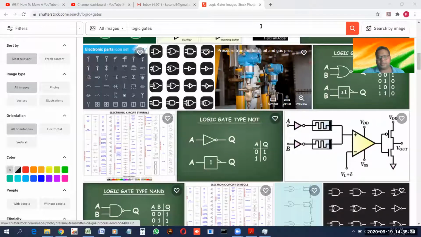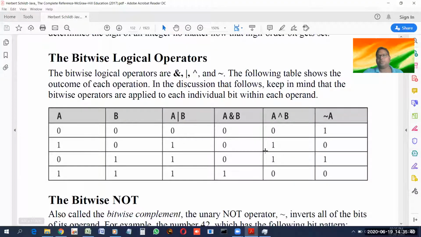So dear students, this is how we saw the logic gates. And if you have understood this, then now you are in a position to understand this. Look, this table shows the same thing, but in the form of a table. This is 0, this is 1. Sorry, this is A, this is B. In this case, both A and B are 0.